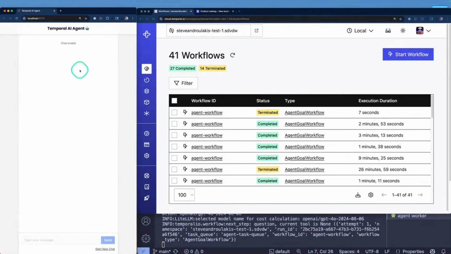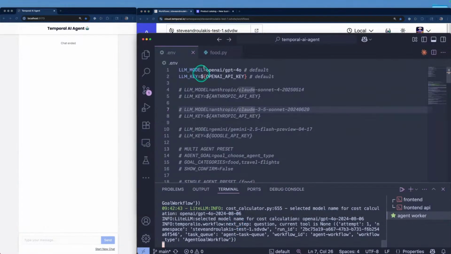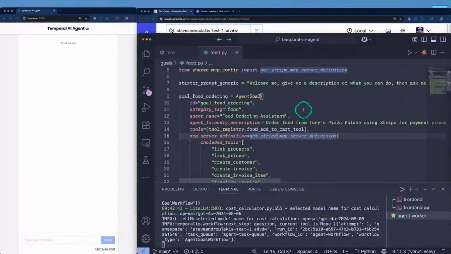It's a little chatbot interface that I created. And what it's going to do is when I send a chat message, it's going to interact with the Temporal workflow. And that's my agent workflow. And behind here, I have the agent workflow code, which I'll dig into. The goal I'm seeding into the agent today is I'm going to start the workflow and say, you are a